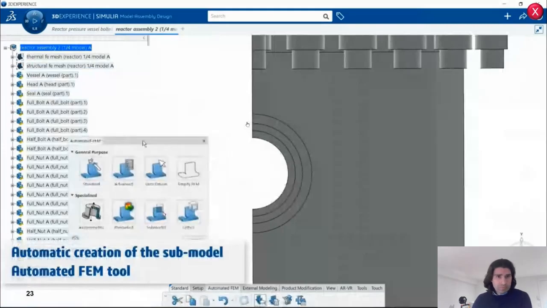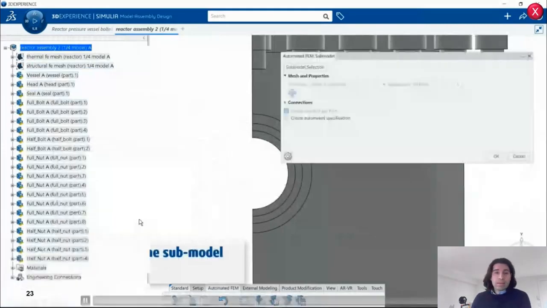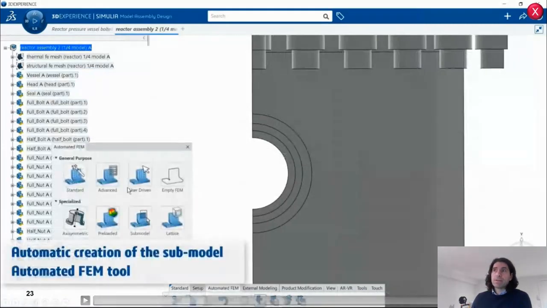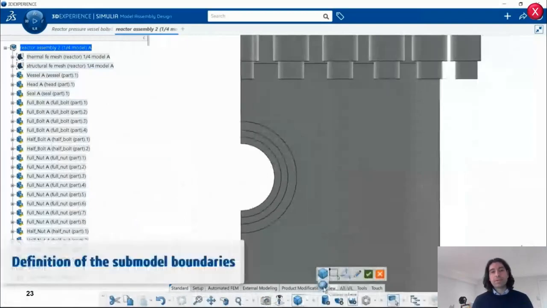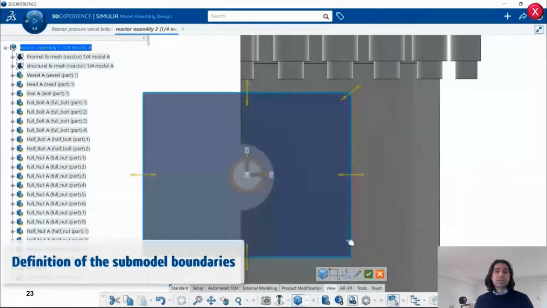We're using this application called Model Assembly Design and the automated FEM tool, which allows you to create a sub-model. What this does is create a separate FEMREP with this new region that you can use in another simulation.